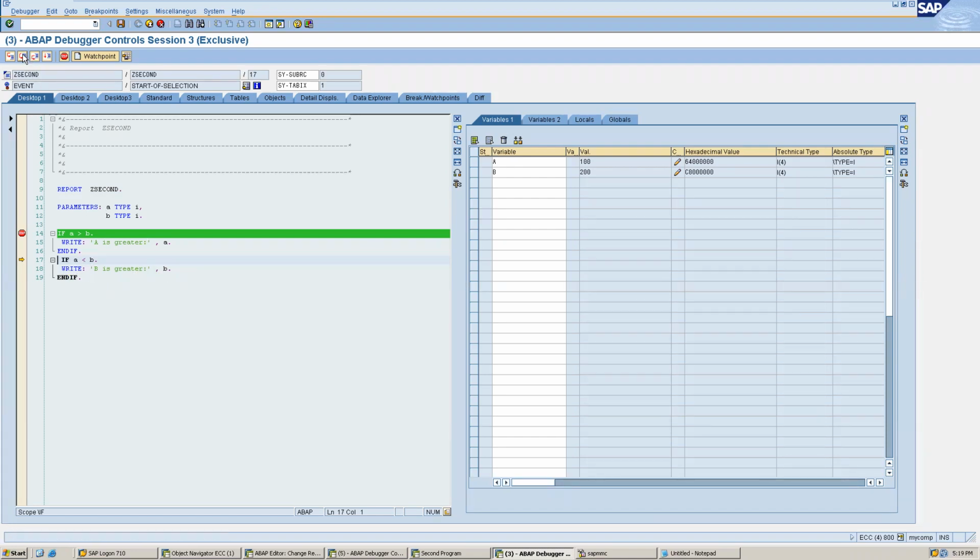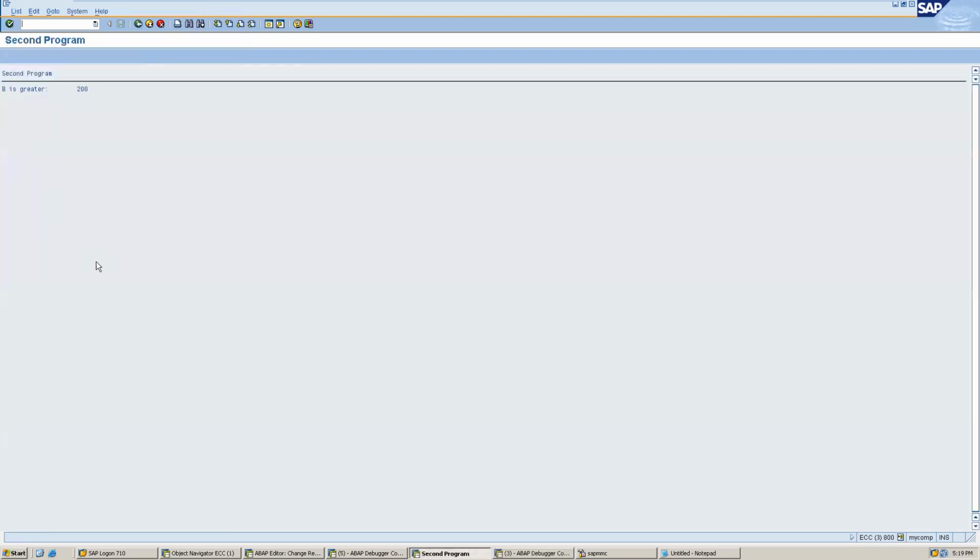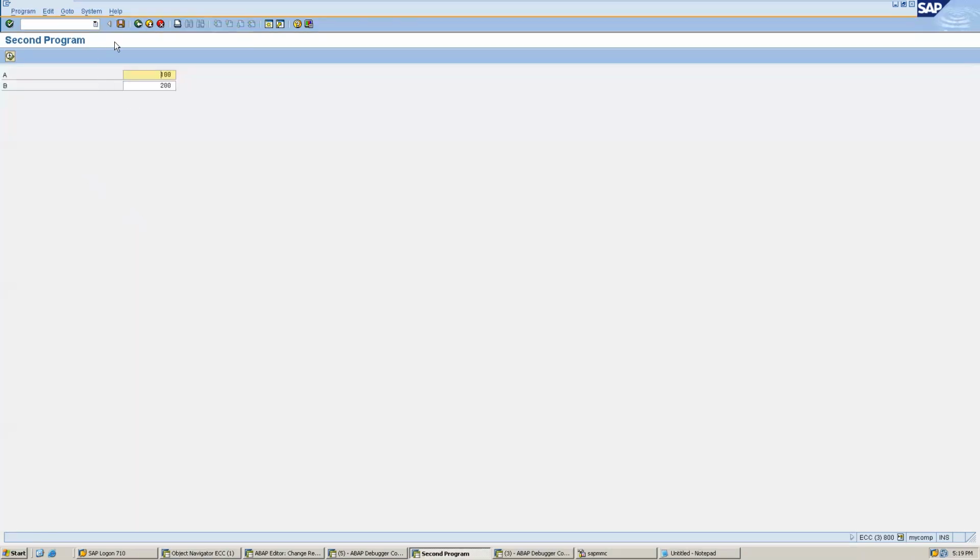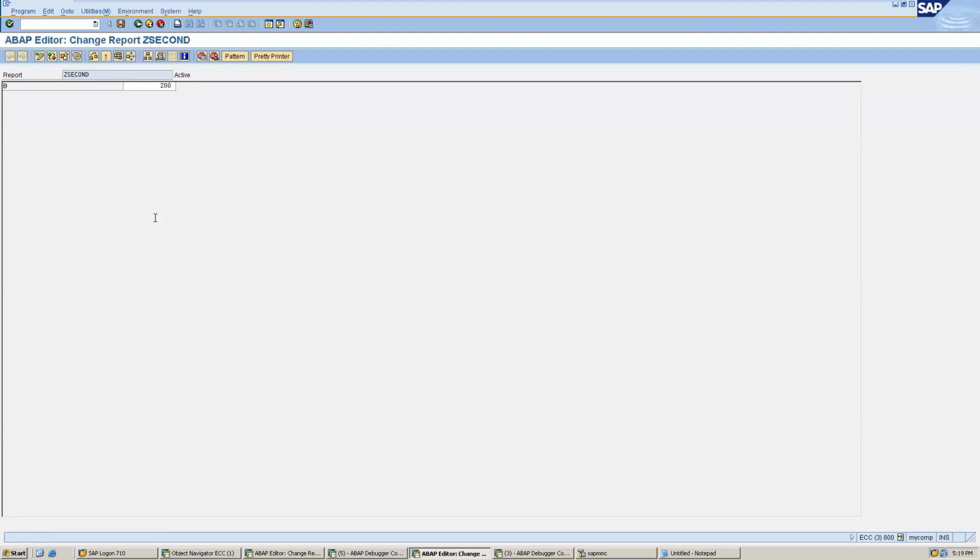Now let's execute this. See, it has gone inside this, and now it will print. So if means it will only work when it fulfills the condition. That logic only executes when the condition is fulfilled. We will see more on the if side in our next call.